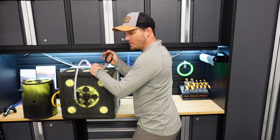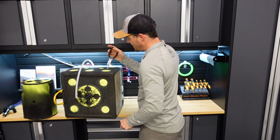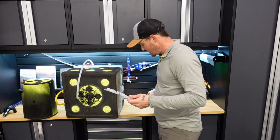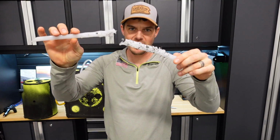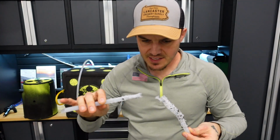So you're going to need some needle nose pliers if you're going to want to ever do this. Hopefully you don't punch yourself in the face as each piece breaks off. There. All right, so I got all of it out. And you can see I've got several hundred arrows that have gone through this thing. And I basically just shot it in half. So that is